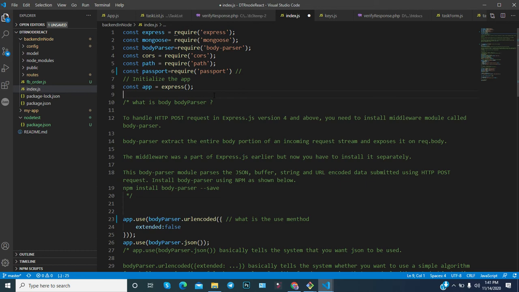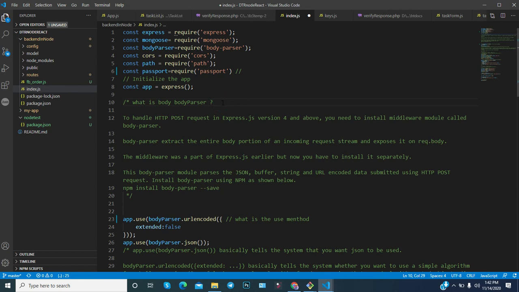Okay, so the question is: MongoDB also has a driver, so why would we use a third-party library? Well, a third-party library like Mongoose provides you a convenient way to use schemas, and lots of other functionality. I will talk about these things in detail when I cover the Mongoose library. However, you can use the MongoDB library.